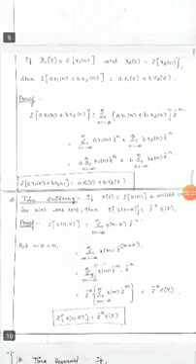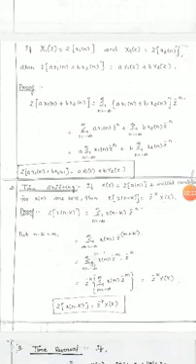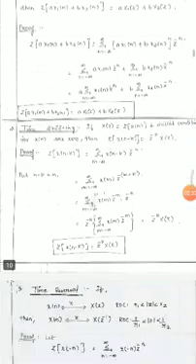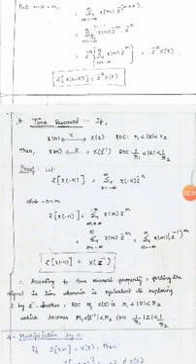So the properties of the Z transform: linearity. It states that the weighted sum of inputs is equal to the weighted sum of outputs, called the linearity property. The time shifting property means Z of x of n minus k is equal to summation from n equal to minus infinity to plus infinity of x of n minus k z power minus n. Time reversal: Z of x of minus n is equal to summation from n equal to minus infinity to plus infinity of x of minus n z power minus n.